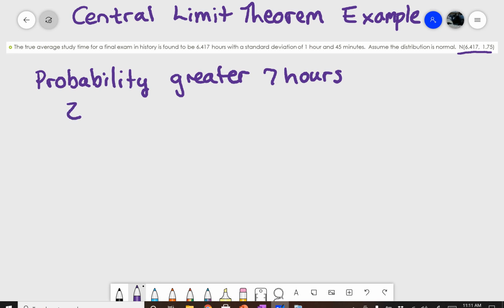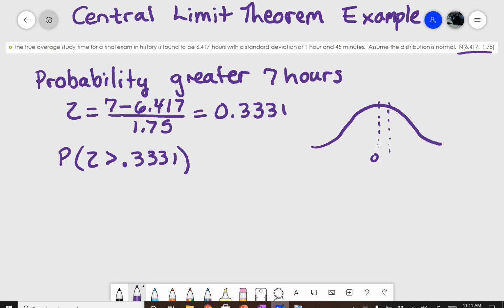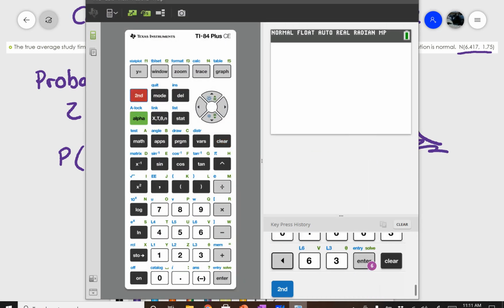So we'd find the z value, x minus mu, which is 6.417, divided by sigma, and that equals 0.3331. So then to find the probability that z is greater than that, we're looking here and we're looking if 0 is here, 0.333 is right here, and we're looking for that probability. So we'd go to our calculator and do the second distribution